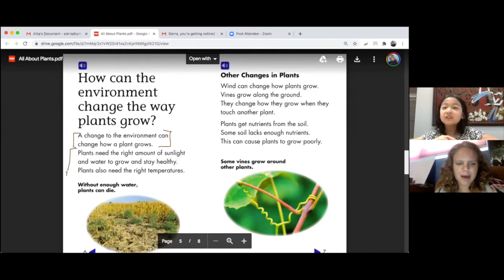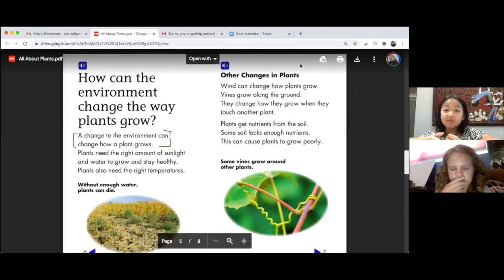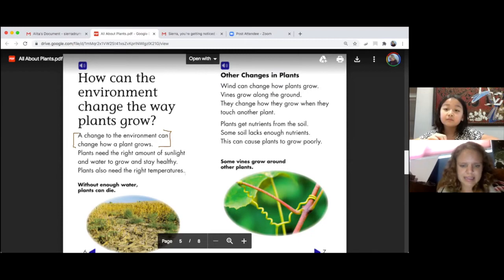Can you read to me about plants? A change to the environment can change how a plant grows. Plants need the right amount of sunlight and water to grow and stay healthy. Plants also need the right temperature. Yeah. So like what you were saying, in the desert, which is a dry place,